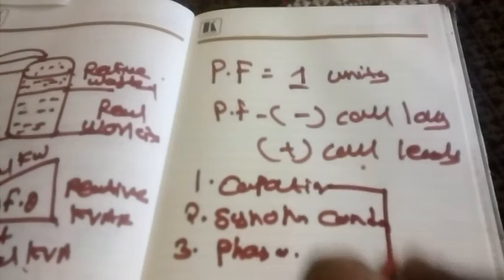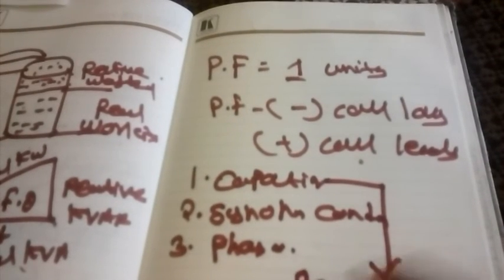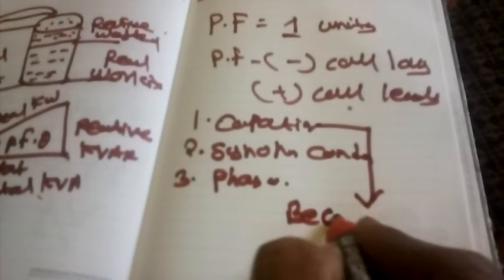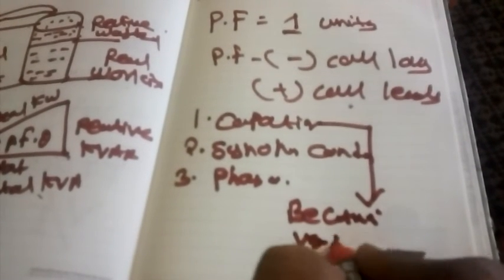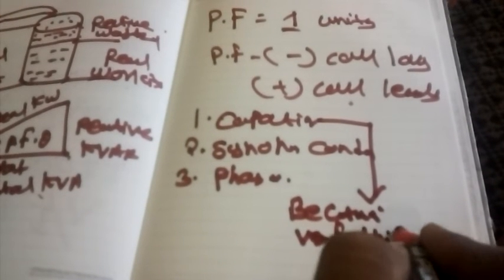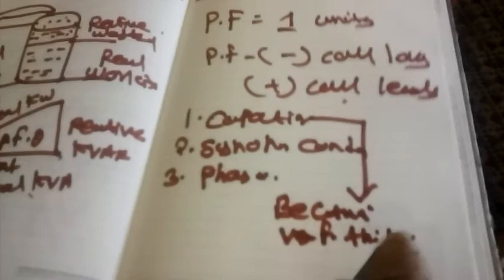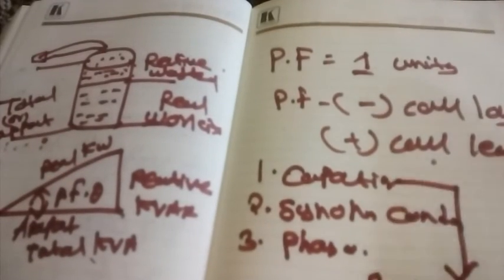Mostly we use capacitor bank because it is very useful and a very simple method. Another thing, it is cost-wise better compared to the two other methods. That's why we use capacitor banks. Then how does the power factor lagging or leading happen? What's the reason for it to happen?